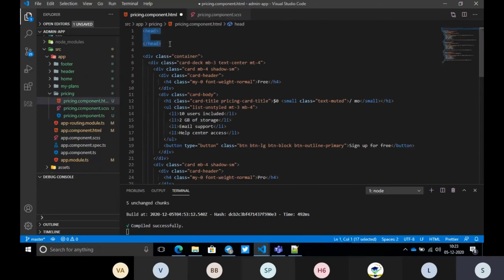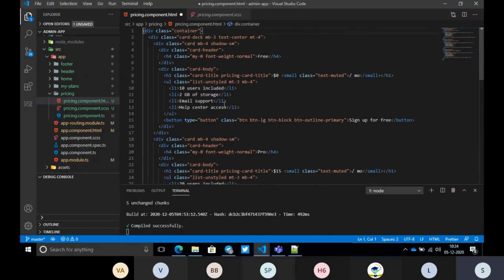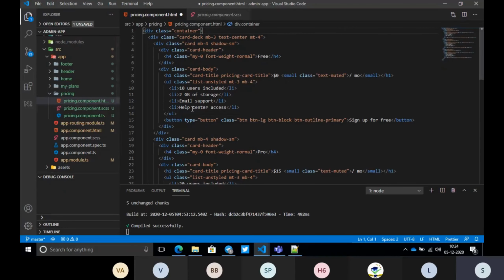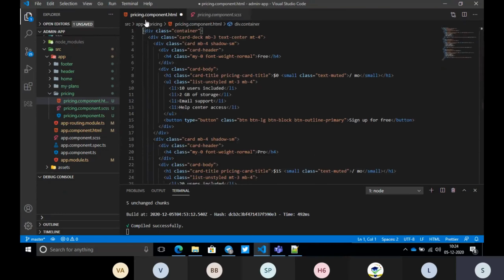The main idea here is we want to separate our HTML content from the style content, and the HTML content from the main logic we are going to write. The main separation is the important thing. That's why we have three files here. So if you want to write any classes, go here and write your own class using CSS and use that class name here. Now here we have a sign up for free. It is just a button, and we can see.